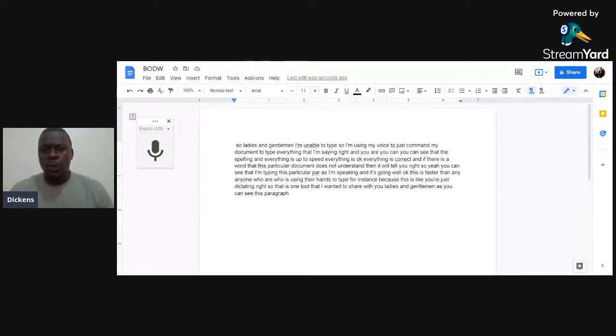Mostly we use forms to collect information from those who are not within our reach. So let's say I want to collect information from you right now. Let me try if this will work, and you'll just give me your feedback. Let me share a document and show you how you can use forms to collect information, especially if you are working remotely.